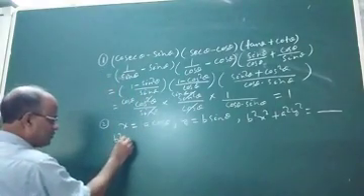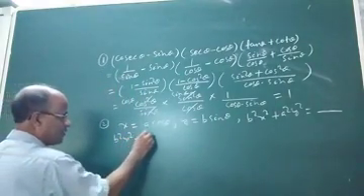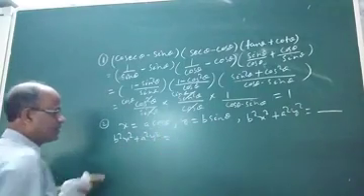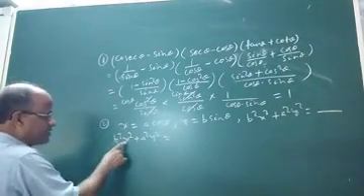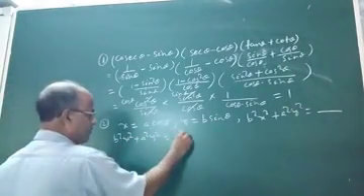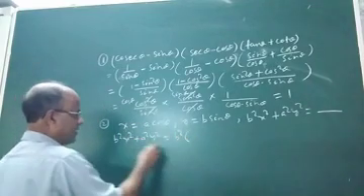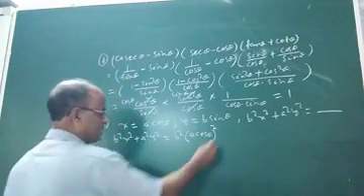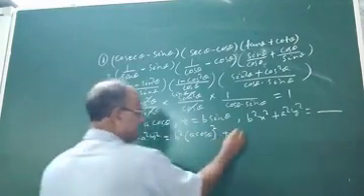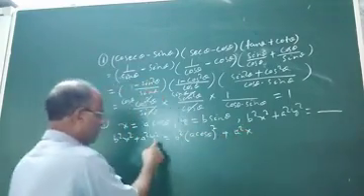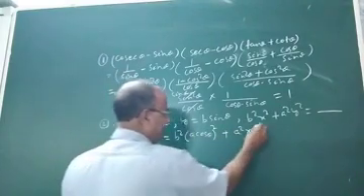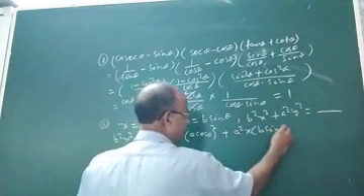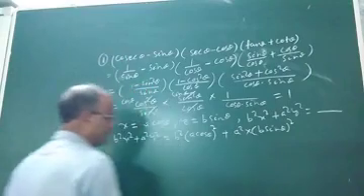So first you write b square x square plus a square y square. Okay. Now you already know the value of x, just substitute here. So this will be b square into, what is the value of x? a cos theta, it is (a cos theta) whole square, plus a square into y square. What is the value of y? b sin theta. So it will be (b sin theta) whole square.